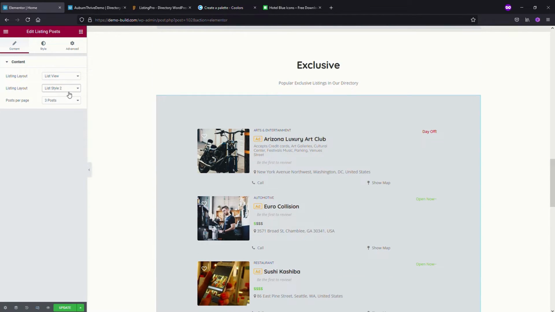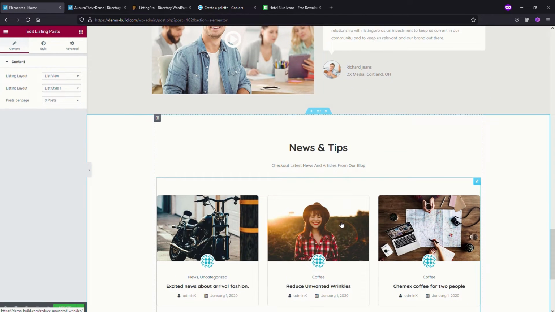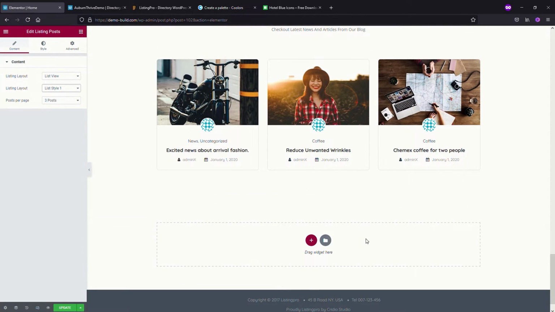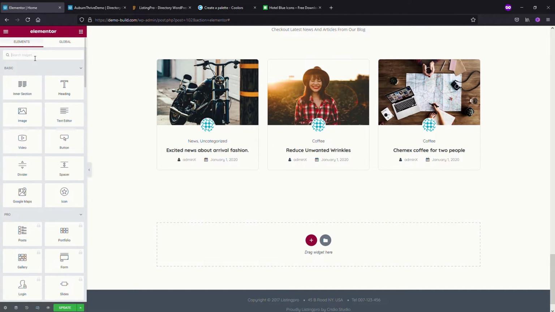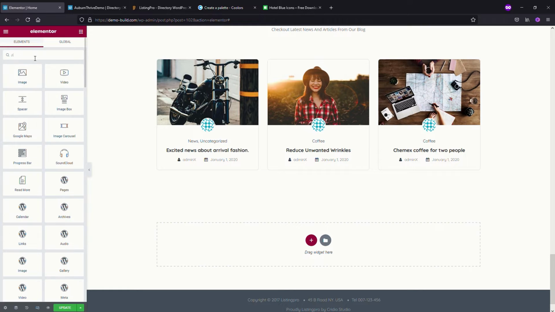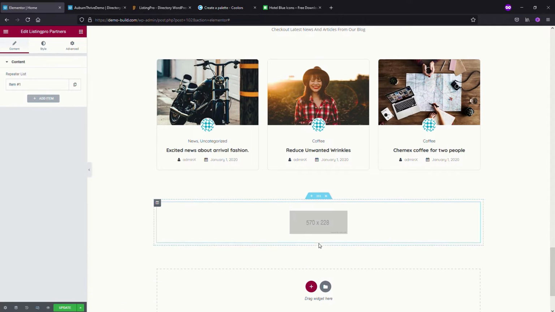In fact, I don't really like that. Let's just go back to style 1. It's a bit neat. The next thing we're going to do here is how you can add a new element to your home page. So if we go back one, one of the common ones might be partners or listing partners that show on your site. So if we go into here and we type in partners, you get ListingPro partners element, and just chuck it onto here,